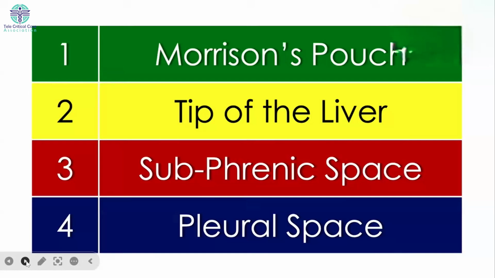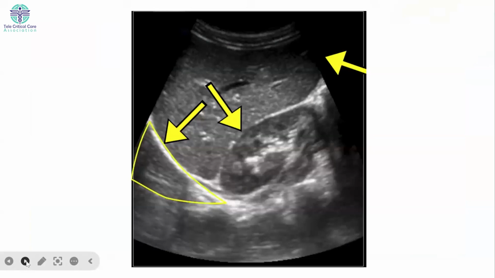These are the four things which we have to see when we screen the hepatorenal pouch. Now, this is the Morrison's pouch, which is present in between the liver and the kidney. And this is the caudal portion of the liver, which we are supposed to see. Sometimes we may not get the free fluid present in the Morrison's pouch, but if we extend